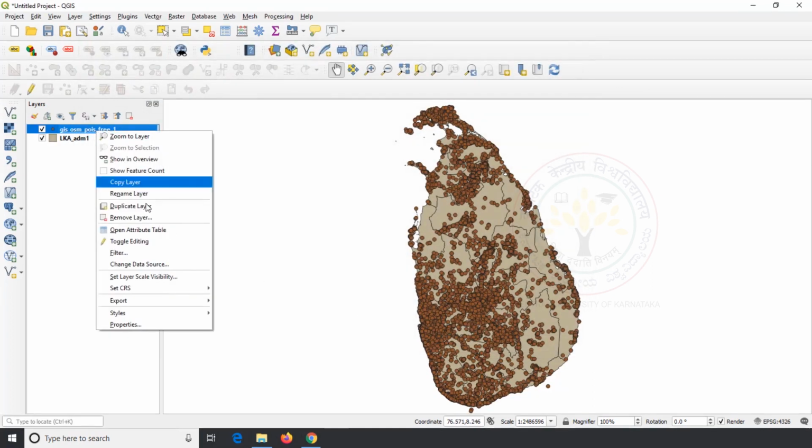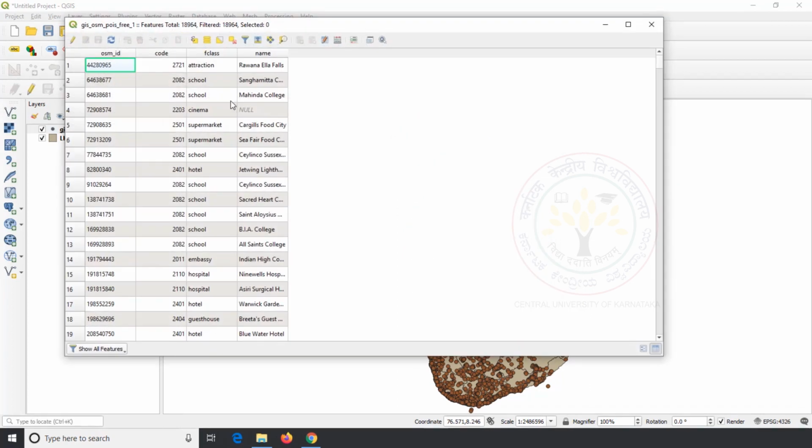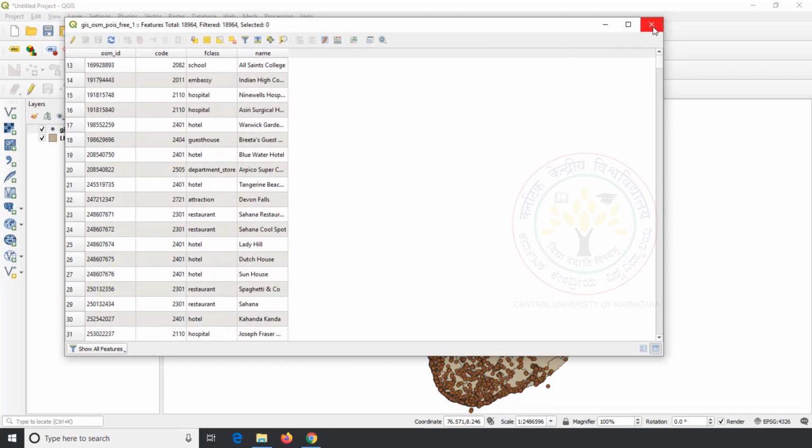Look at the attributes of our POI data. We have the name of the location and its category, but we do not have the information of the province where it is located. If you want to add province information to the POI's attribute table, it can be obtained from the province polygon using join attribute by location.